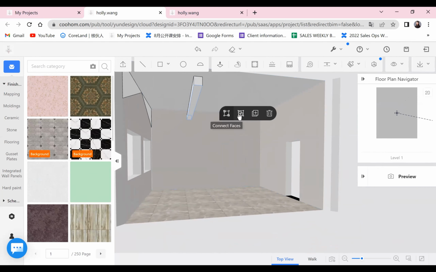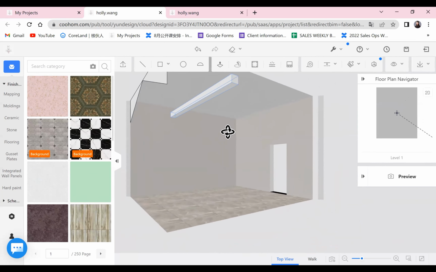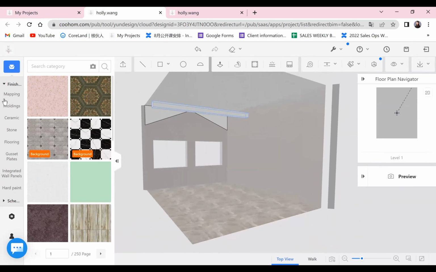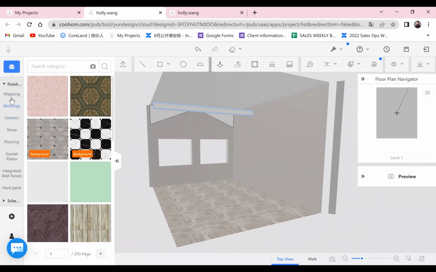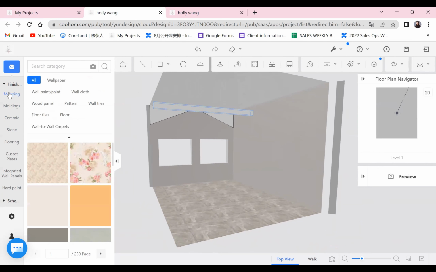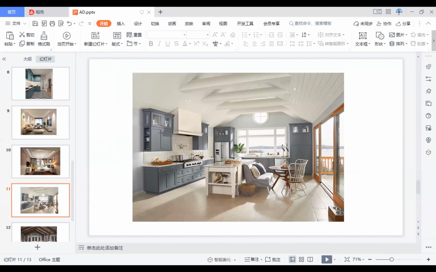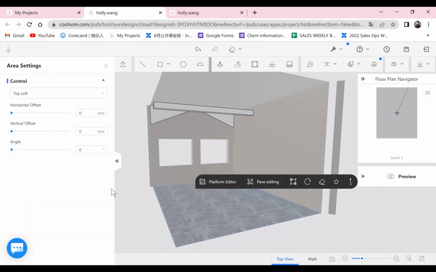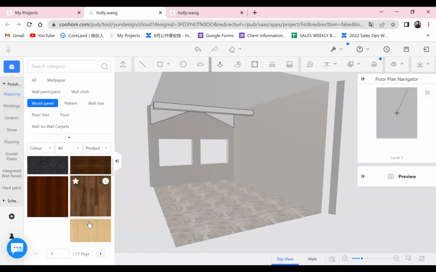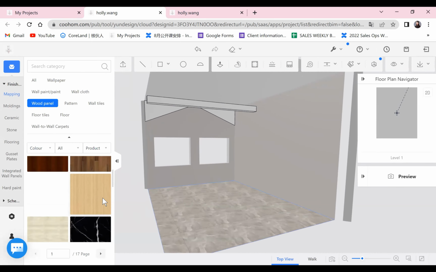All right, so select the beam and then group it. Okay, group it. And now let's find a texture for it. In the picture it is white, but I think I will use different colors because if everything is all white, you guys cannot see clearly. I will choose a wood color, okay? Maybe, yeah, this one.